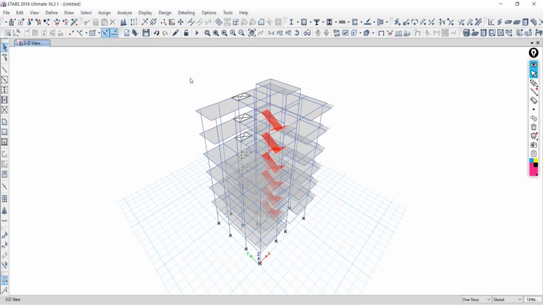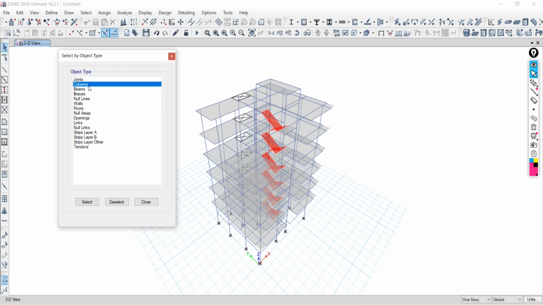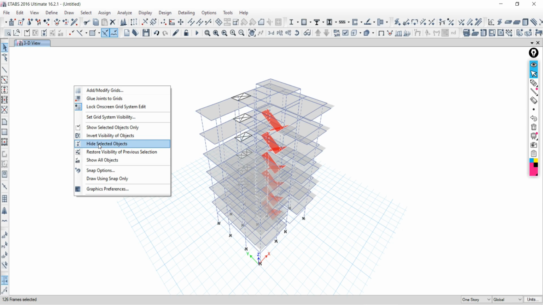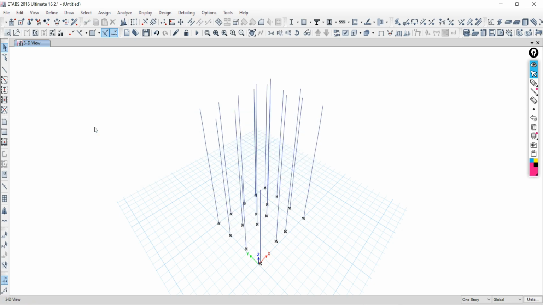I want to select only the columns of the model. Say select. Now close this. I want to see only the columns in view. Just right click, show selected objects only. So only the columns will be in view.